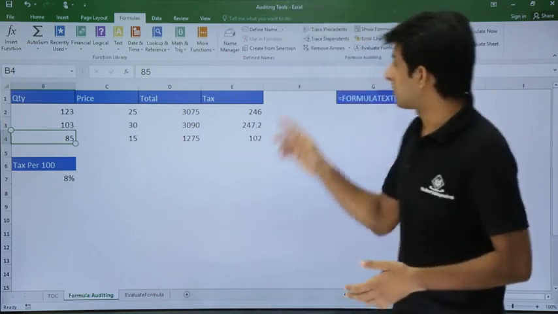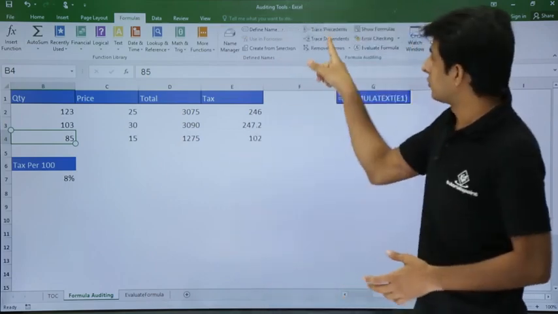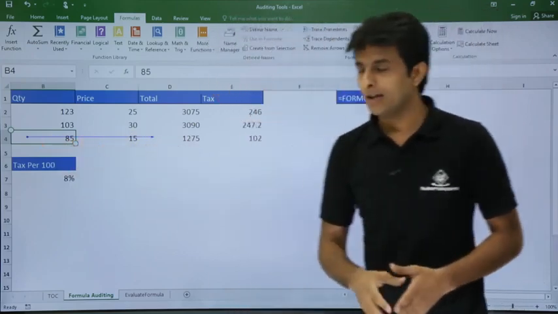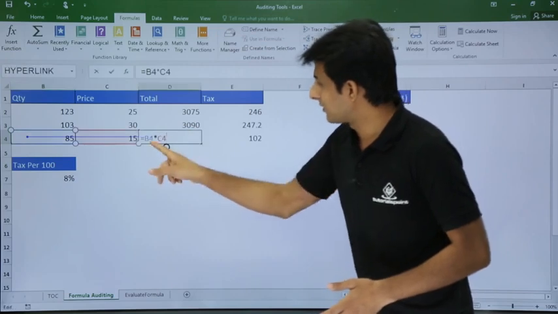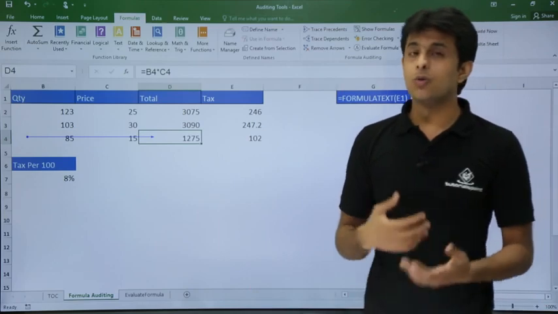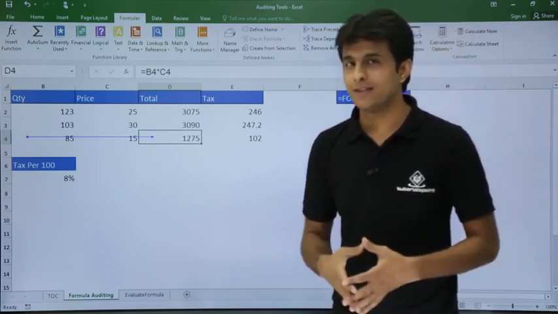So I'll just click on this option, that is trace dependence. Click on this place, it says this cell number is used in the cell number D4, right? So actually it is used. If I double click, you see that B4 is used in this cell number D4. I'll press escape. Now if I want to go into more detail, how and which places are used indirectly,